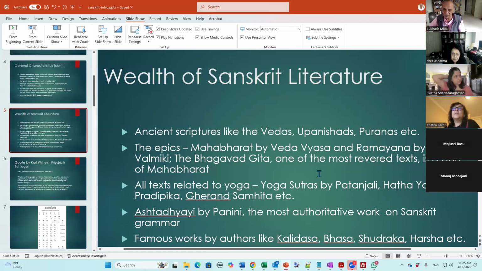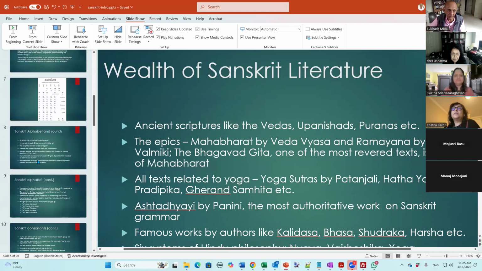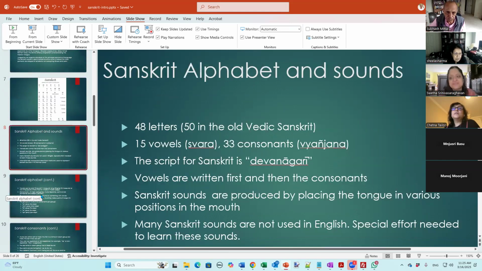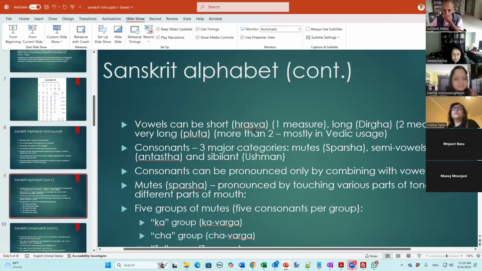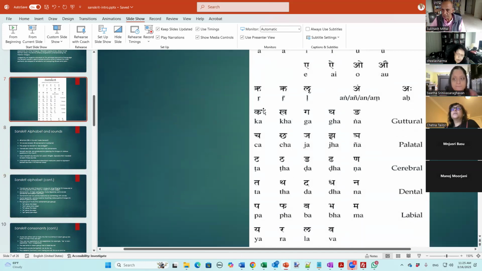Okay. All right. So that's where am I? Okay, vowels. Then there are consonants. Remember the consonants are these 25 here. From ka through ma, they are called consonants or vyanjana. And they are 25 in number.